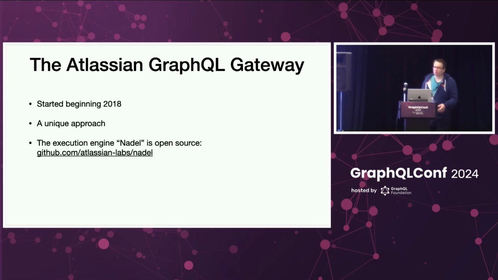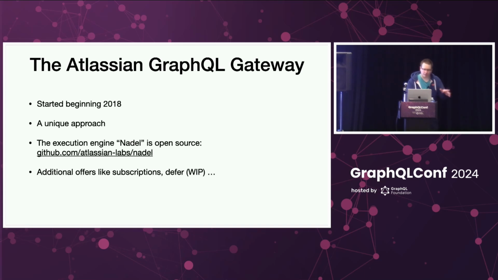The execution engine is called Nadel, which is a German word, Nadel, which is a needle. If you've been around in the GraphQL community at this time, there was talk and some early ideas about stitching, schema stitching, like putting different GraphQL schemas together programmatically. And this is where Nadel came from, because in order to stitch, you need a needle. So the German word Nadel is now the name of our engine that actually powers the GraphQL gateway.